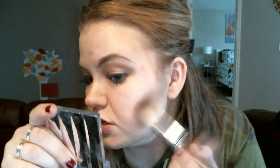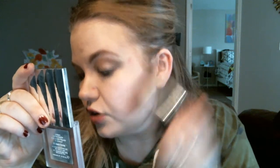We are going to use an angle brush. This is from Walmart like 5 years ago for $5. Angle brush. I'm going to be again using a combination of all these 3 colors. I kind of blend them all at the same time, I kind of get lazy, so I just blend all of them. Okay, so I'm going to go right where I hit my contour. Not hard, remember that. So wherever the cream goes, the powder goes. And I'm going to blend it all the way up into my ear. Dab all 3 colors. Blend it up,